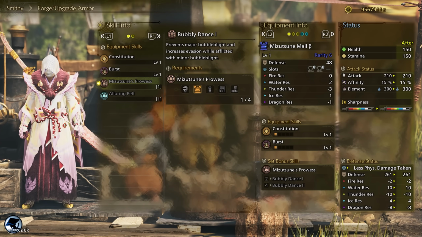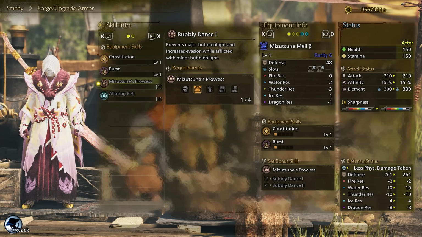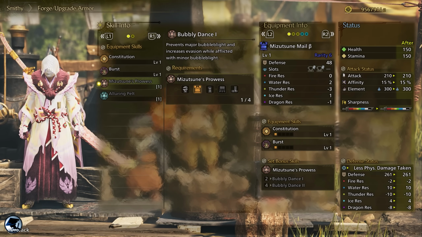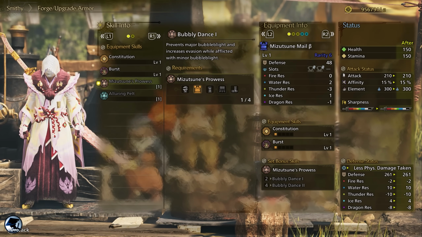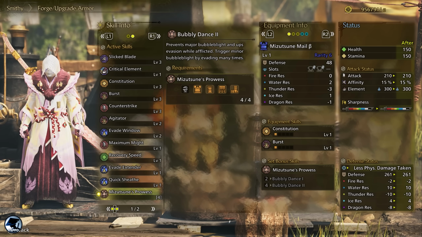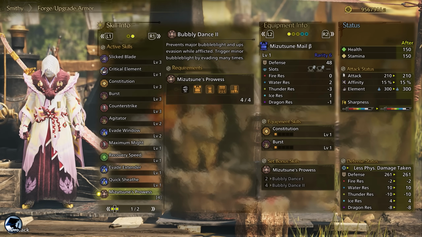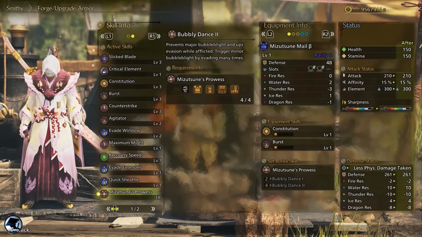The set bonus skill activates when equipping either 2 or 4 pieces, Bubbly Dance first and Bubbly Dance second. The former prevents major Bubble Blight and increases evasion while afflicted with minor Bubble Blight, while the latter, on top of this, also triggers a minor Bubble Blight by evading many times. This is the one that we need to auto-inflict the Bubble Blight status and make use of the Slicked Blade